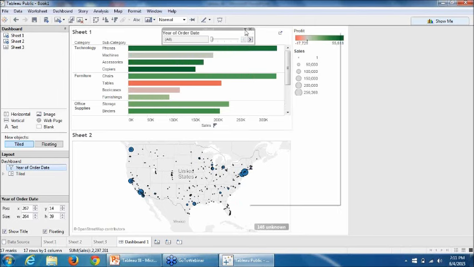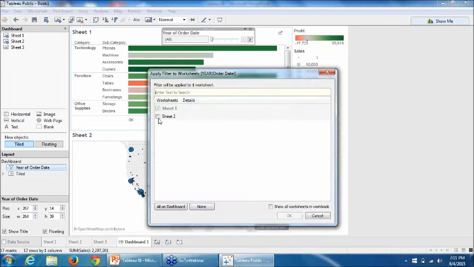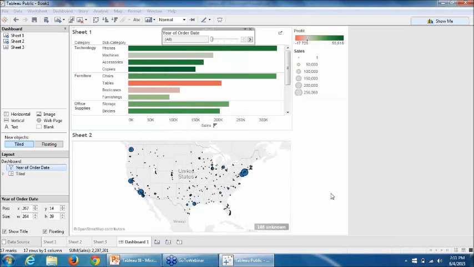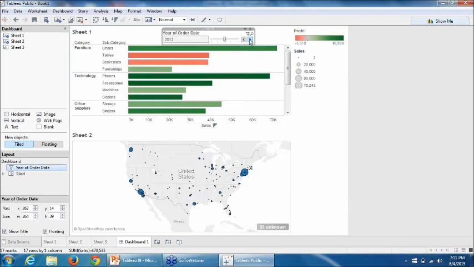So I click on this arrow button, and I select apply to worksheets, click on selected worksheets, and select the below one as well. Now if you see, my data will reflect accordingly when I choose a filter in the second sheet as well.